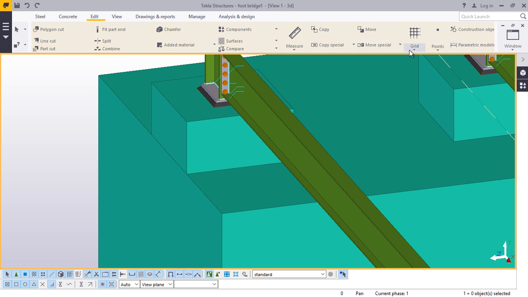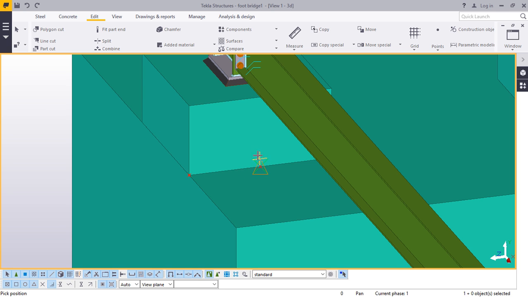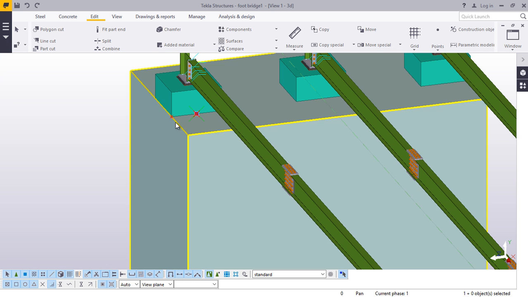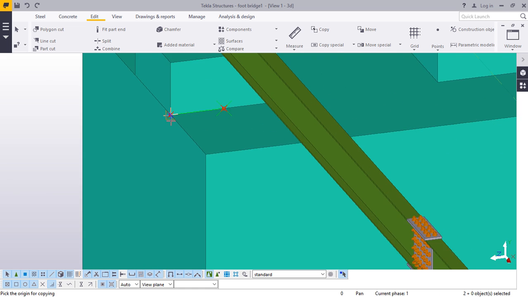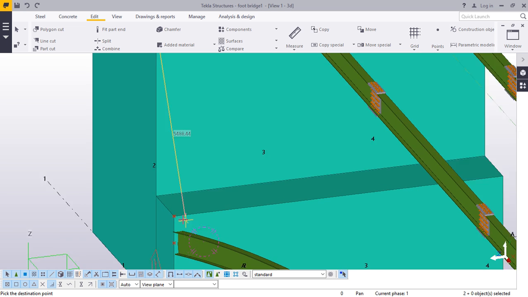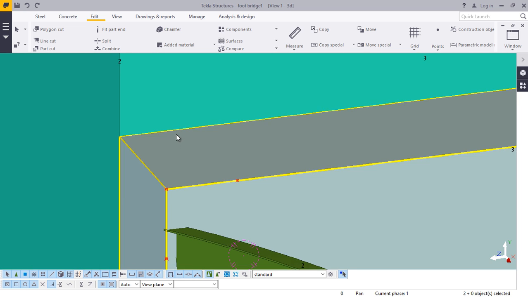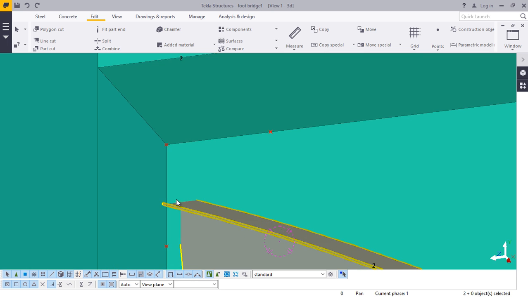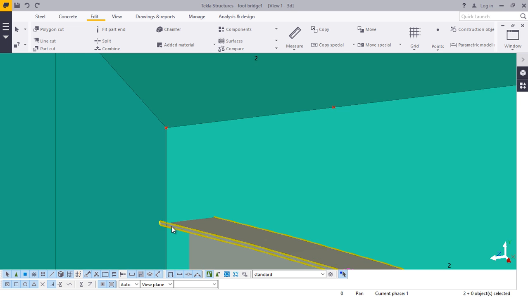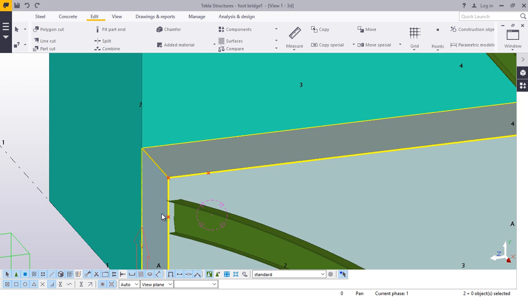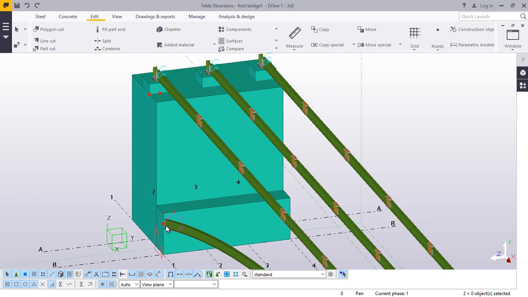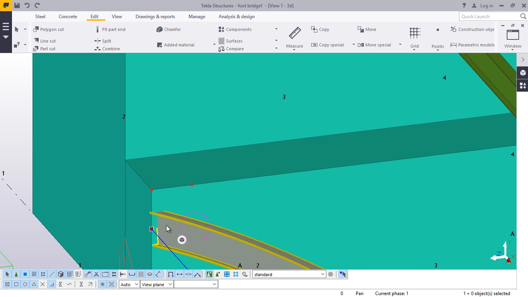Next, come to edit, come to any position, snap here and snap in the middle there. Do the same thing, press Ctrl, click that, right click, copy from here to here. Now we will click this, we'll click this, right click, copy,